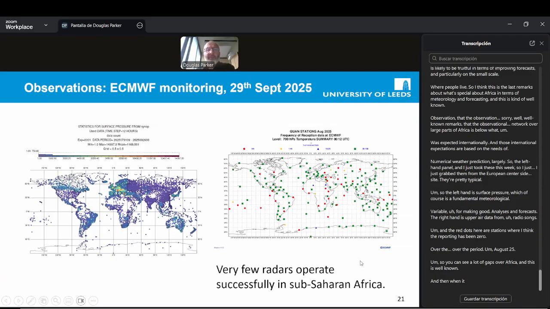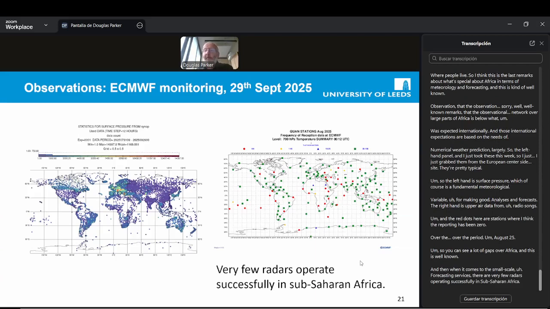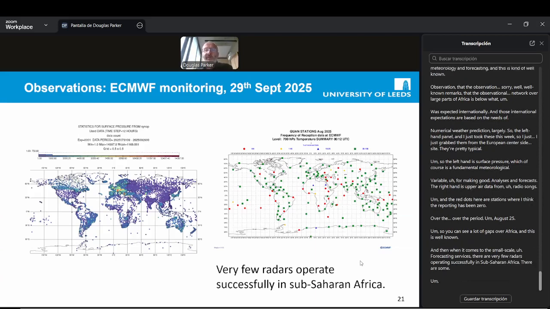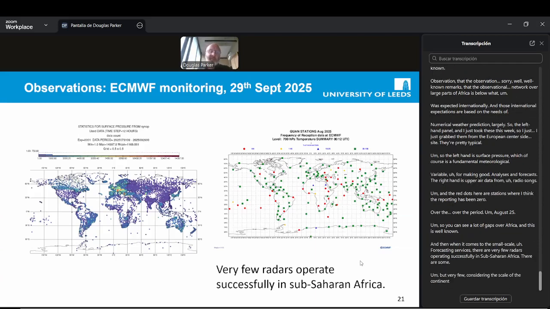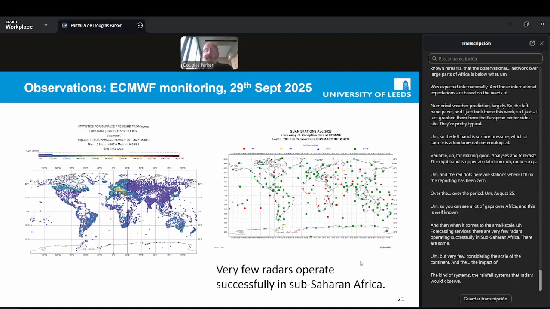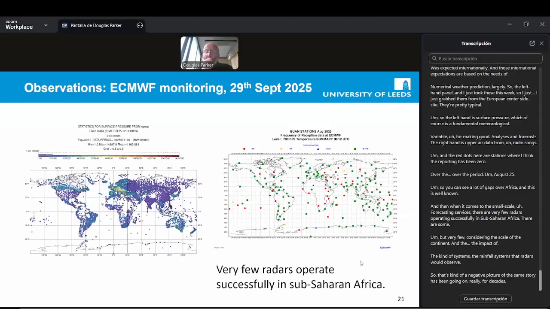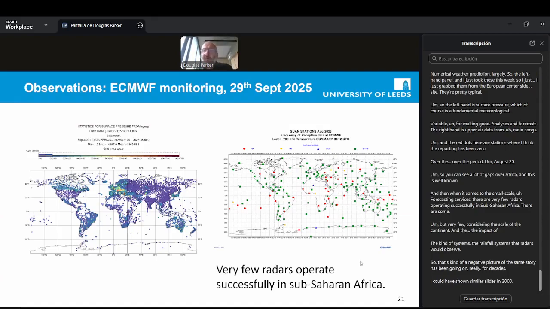And then when it comes to the small scale forecasting services, there are very few radars operating successfully in sub-Saharan Africa. There are some, but very few considering the scale of the continent and the impact of the kind of rainfall systems that radars would observe. So that's kind of a negative picture, and the same story has been going on really for decades. I could have shown similar slides in 2000 or during AMMA,